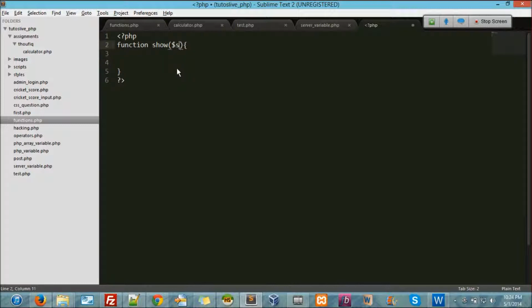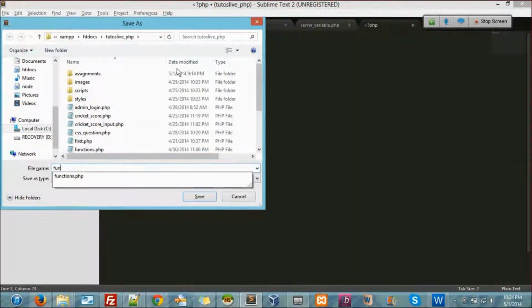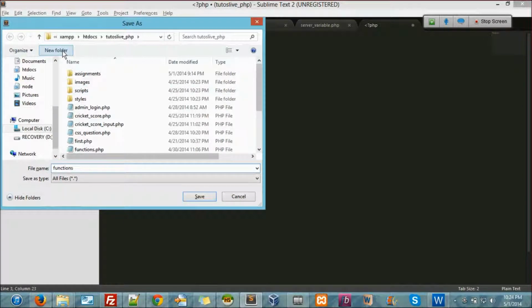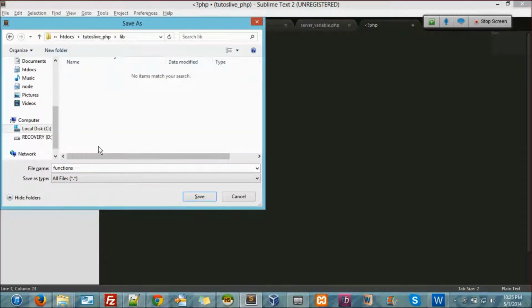So $str, echo $str, comma, br. I'll save this as functions.php, or let's say I'll open a new folder. I'll call this lib. It's a library, so this will have everything. So functions.php.